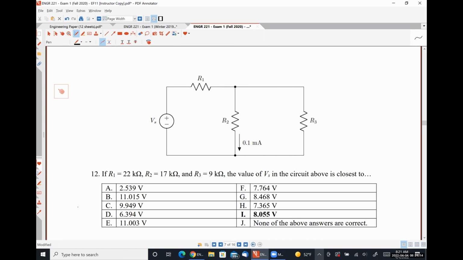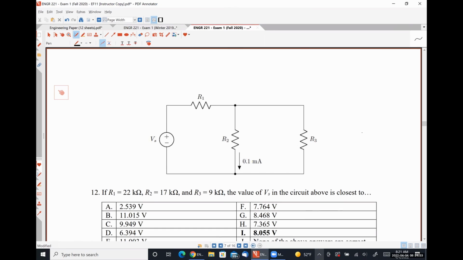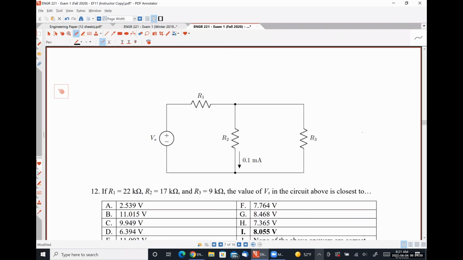If these resistors have these particular values, find the value of Vs. Okay, so I would argue that we can definitely apply the properties of voltage division to this problem, but we're actually going to apply them backwards, okay? And so what I mean by that is that